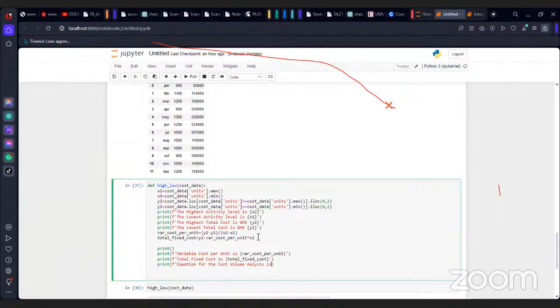I think the other time I spoke about it. So we do backslash and n, right? That is go to the next line. So to go to the next line, it will show this equation for total cost. Yes, so that is equal to,